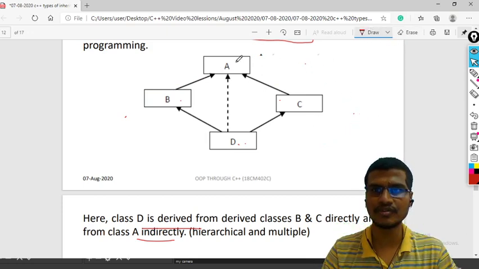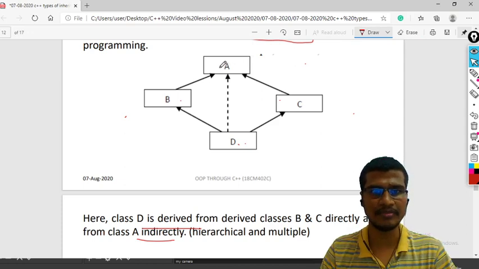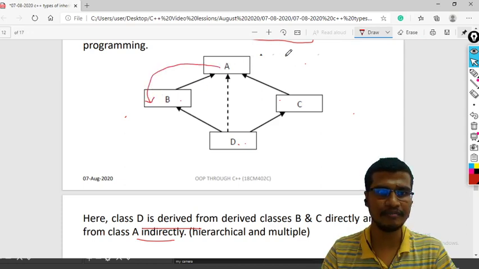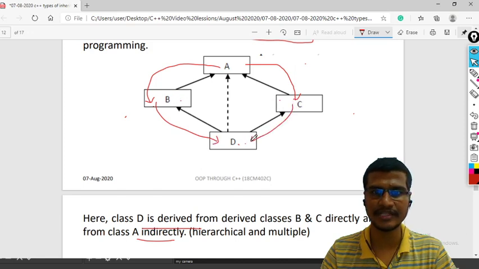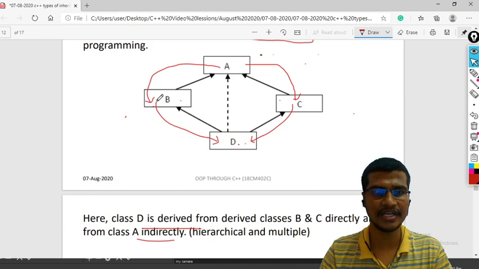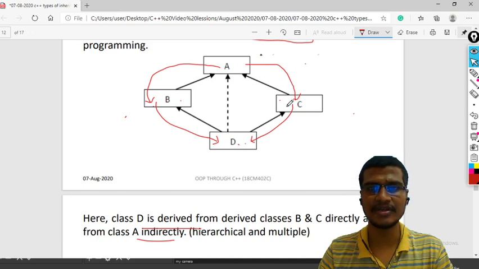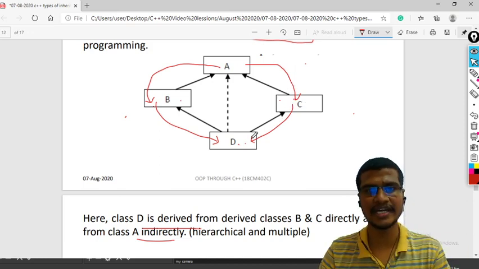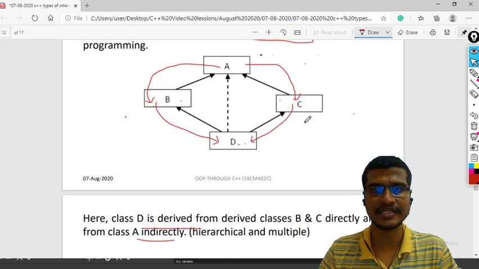Whatever data members are there in both the public section and protected section will come into B and C also. And as D is deriving from B and C, whatever data members are there in class A will come into D from B and also from C, two times. So whenever I call the data member, it cannot decide whether it has to call the data members of class A via B or of class A via C. So it cannot decide. That is your ambiguity problem. We will discuss it later in detail.